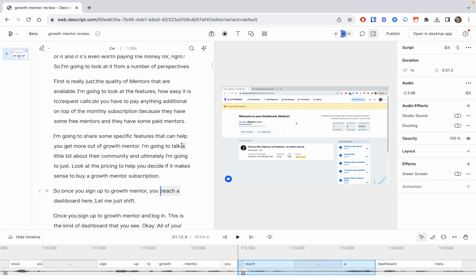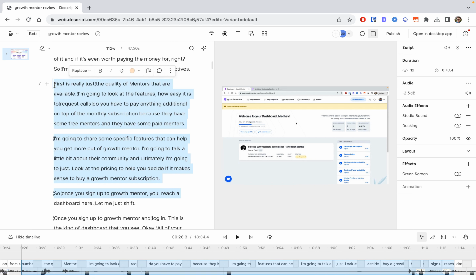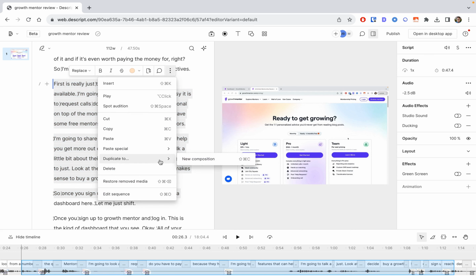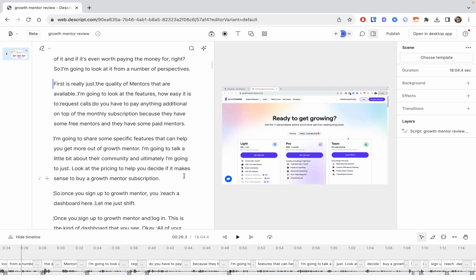Now, where this helps is if you want to promote your video content, what you can do is you can take a certain piece, right? A certain text, and then basically just duplicate this into a new video. And it can be a 30-second short video talking about a certain section. So you can promote it through Instagram, YouTube Reels, whatever, and then link people to the actual video, which is, let's say, on YouTube, right? So it helps you create those small, short snippet videos, right?